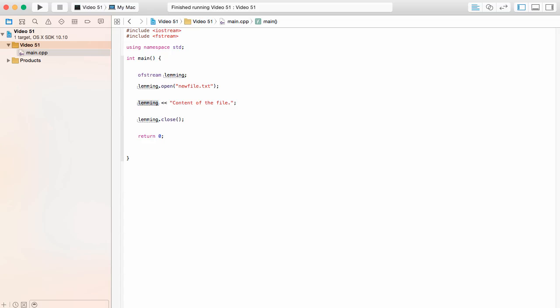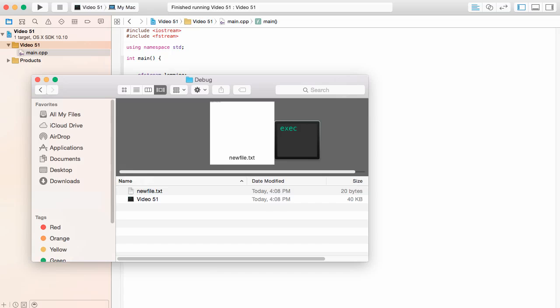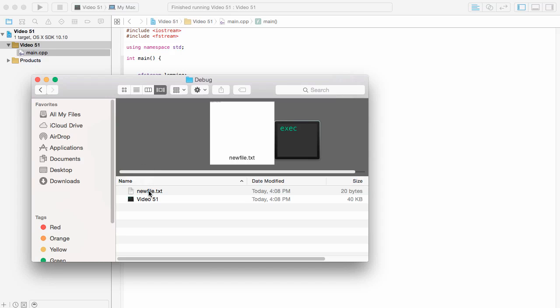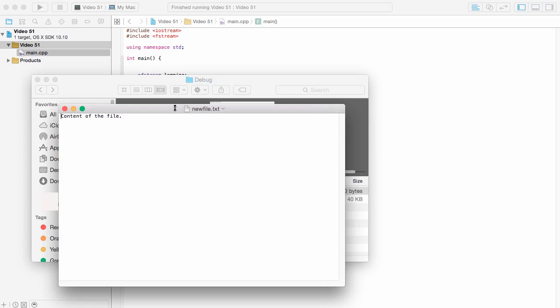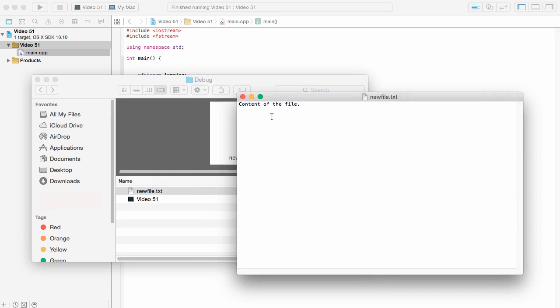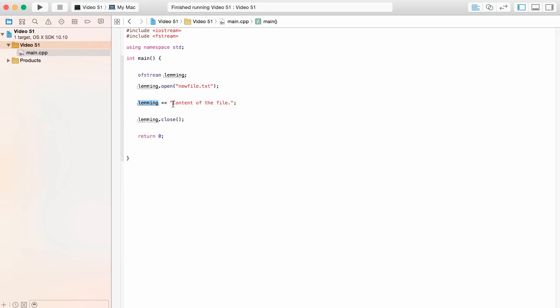Now if I were to go back into the Finder over here and open up the same debug, and now all of a sudden we have new file.txt appearing right over here, created right now. So if I go ahead and open this up, we opened up new file.txt, and now we have the text that I asked for. I asked for content of the file, and we have the exact text appearing inside of our